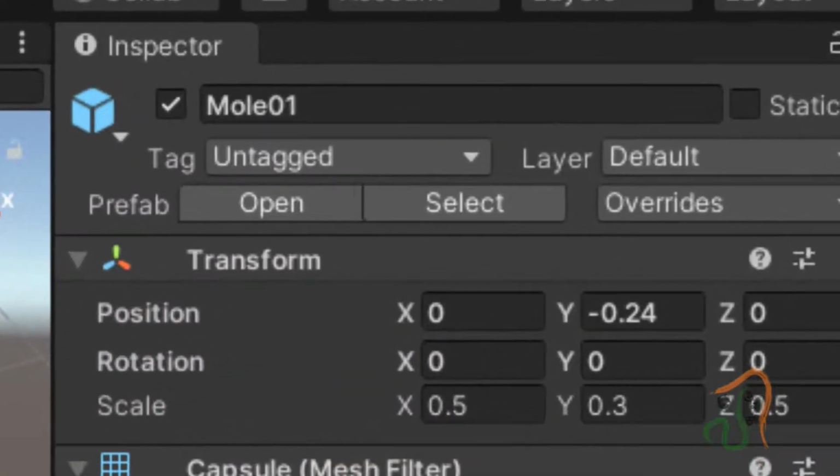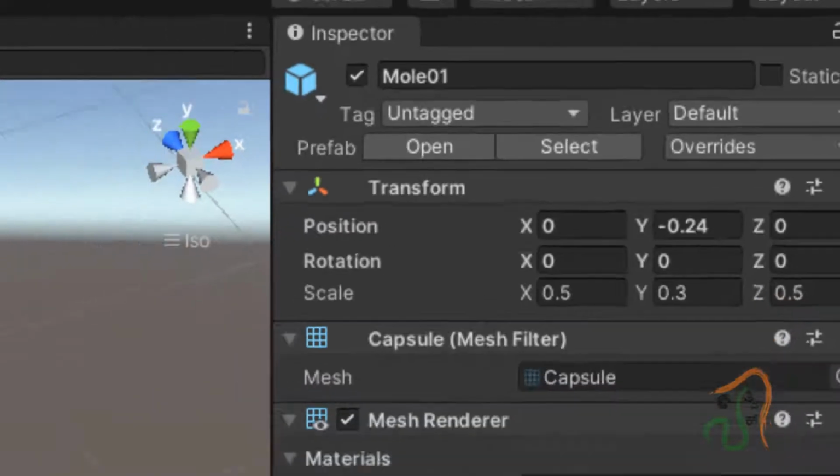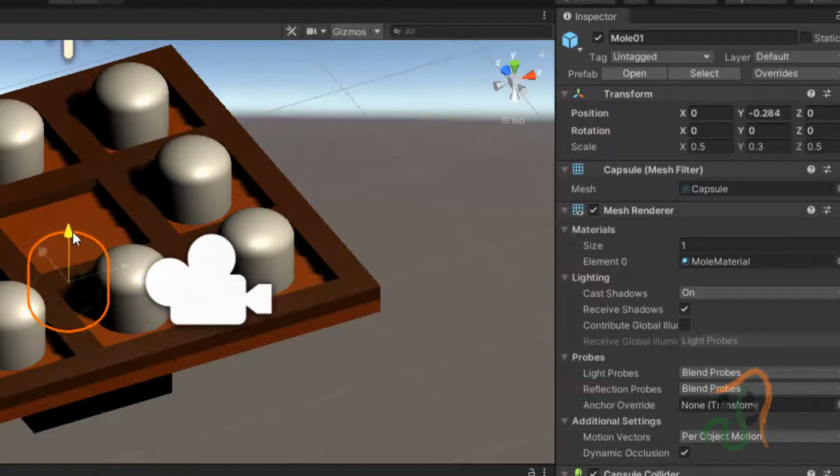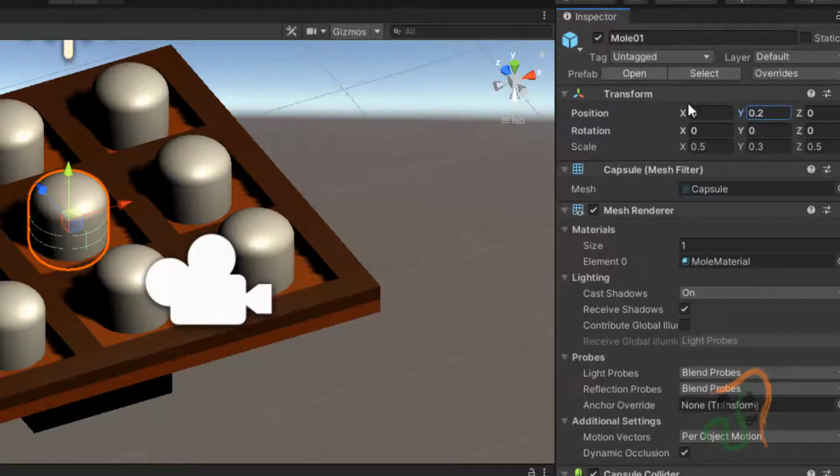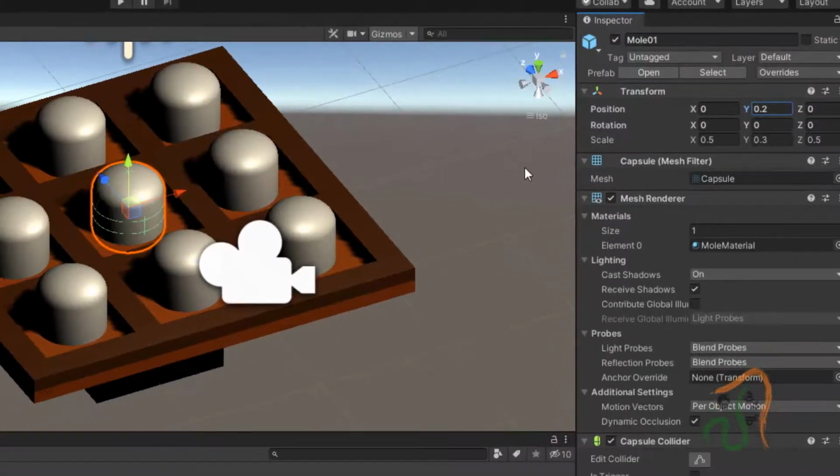If you see the value here in the y, we want it to go down to around minus 0.3. That is, the y value should be minus 0.3 when it has gone down. So we have to set its value to minus 0.3. This is exactly going down, and the normal position is 0.2. So it has to move from position 0.2 to minus 0.3 along the y-axis. This is the animation that is required.